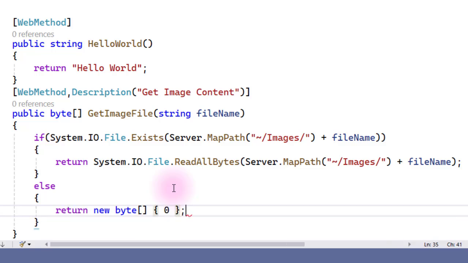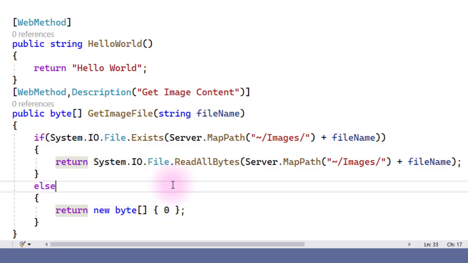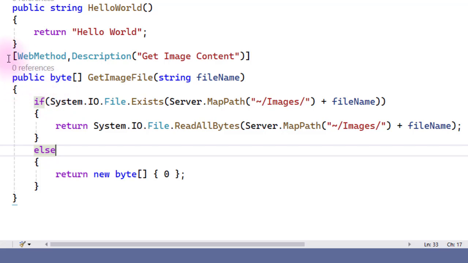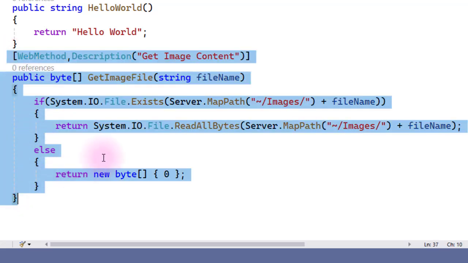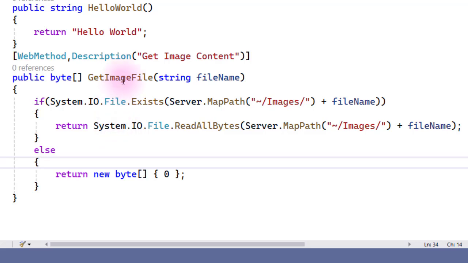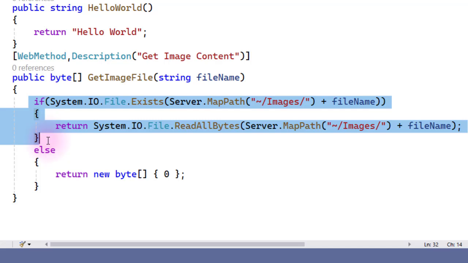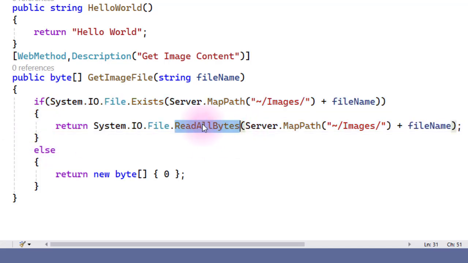That means the file does not contain any information. So this is the method which is basically used to get the image file, or to download the image file from the server. First we check the file. If it exists on the server, then only we read all the bytes. Otherwise, we return null.